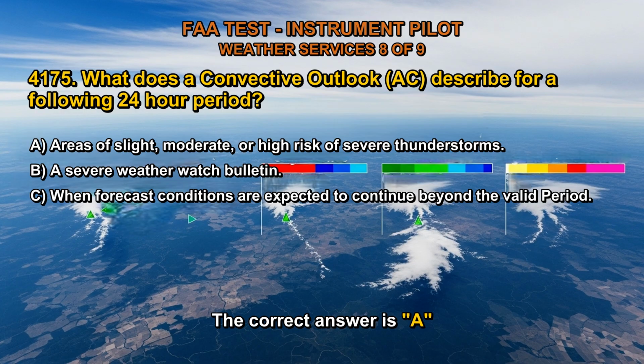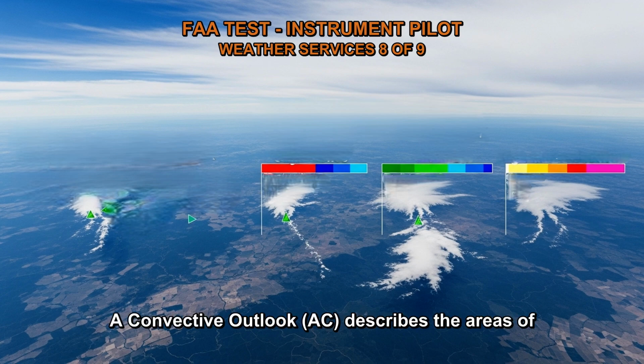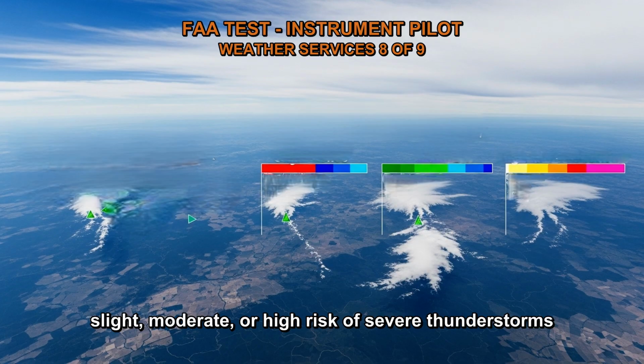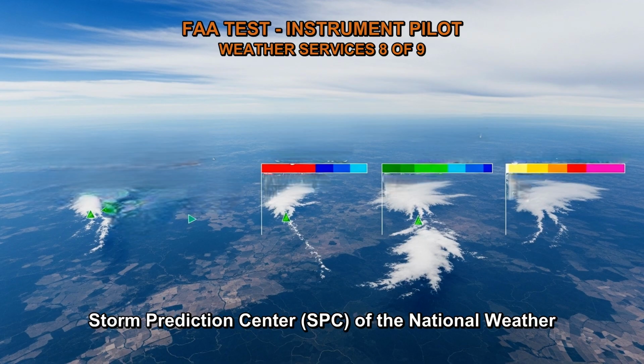The correct answer is A. Areas of slight, moderate, or high risk of severe thunderstorms. A convective outlook, AC, describes the areas of slight, moderate, or high risk of severe thunderstorms for a specified 24-hour period. It is a forecast product issued by the Storm Prediction Center, SPC, of the National Weather Service in the